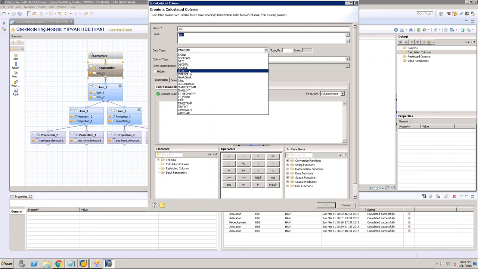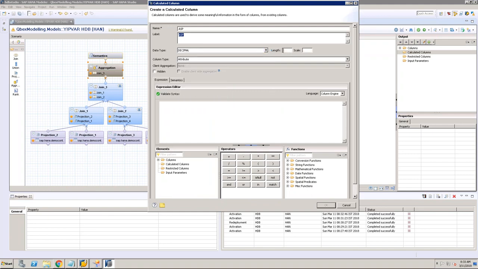The data type is going to be decimal because it's numeric, so I'll say 13 with 3 decimals. Whether the column type is attribute or measure, it's going to be a measure. And the formula is what? In the calculation I can use the selected columns, calculated columns within calculated columns, or restricted columns within calculated columns. I can also use input parameters, which I'll show you. For now it's gross amount divided by